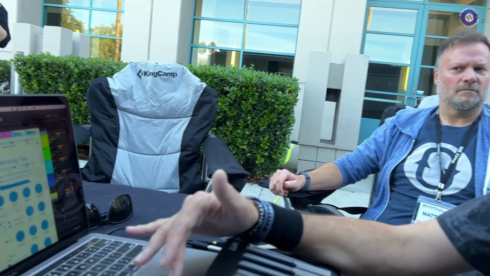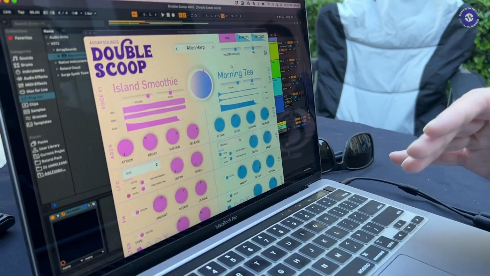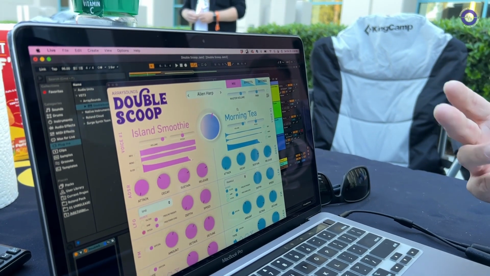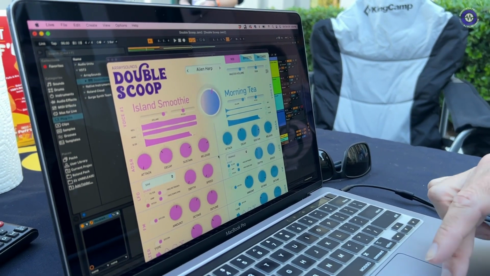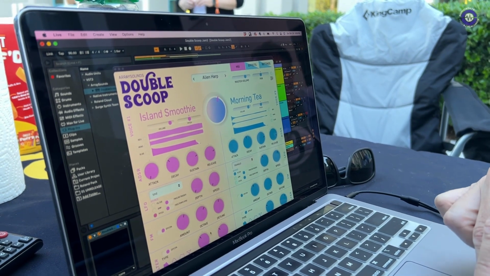So this is going to be a new brand for us. We're actually the founders of Soundtrack Loops, but we're branching off into designing our own new VSTs. This is the first VST under our new brand, which will be called Array Sounds. And the VST itself is called Double Scoop. It's not just a VST, I should say. This is a virtual instrument, but it is also going to be available as an audio unit for Mac as well. And what Double Scoop is, it's basically a two-voice rompler with basic FM features